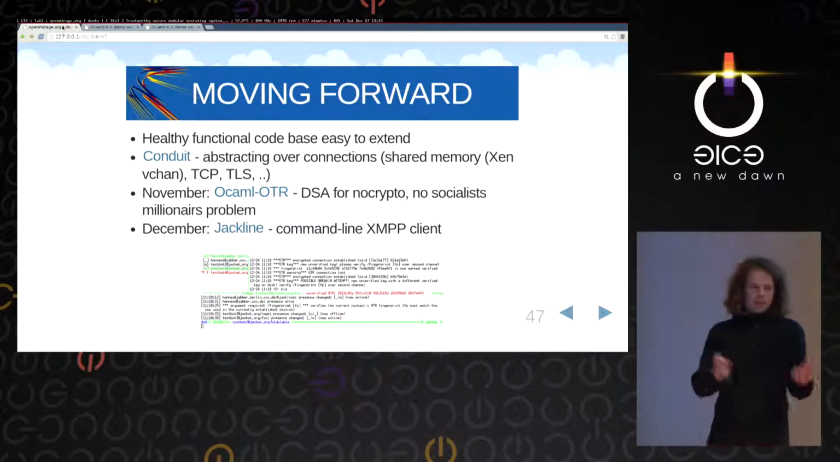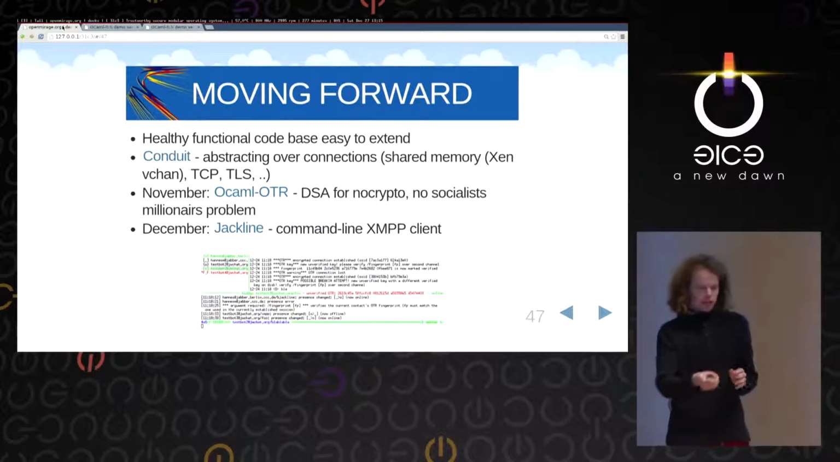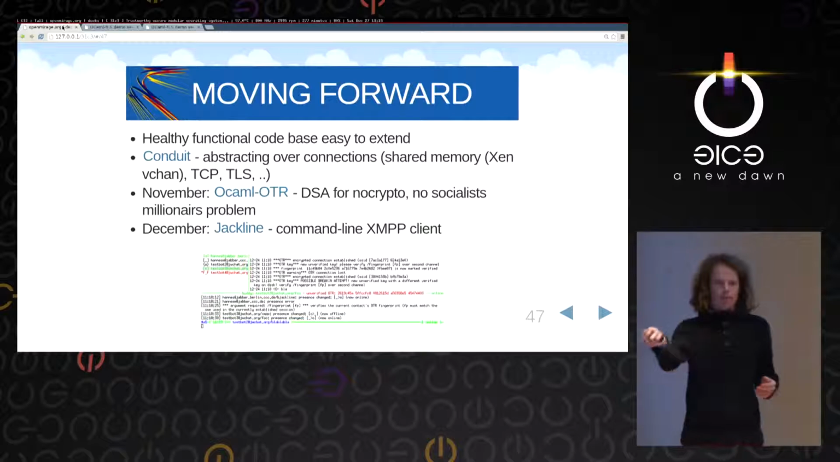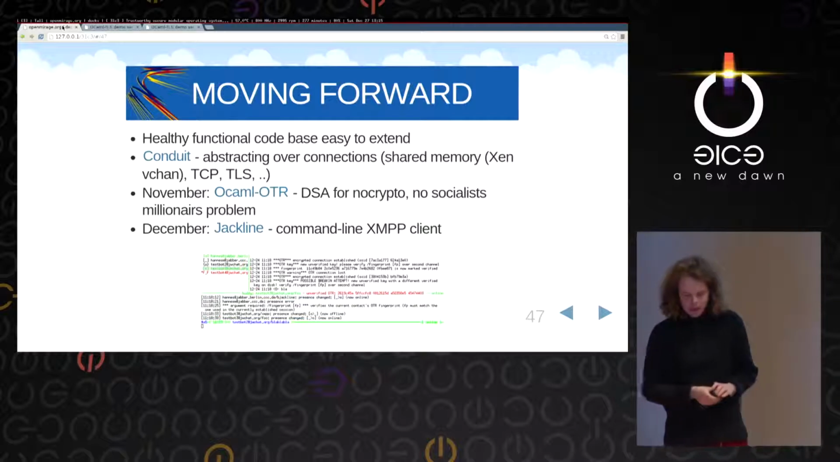So either shared memory or TCP or TLS or whatever. And the Conduit library is, on both server and client side, an abstraction over that. And you just say, oh, I want to talk to that host. And if it's on the same physical host, you can just have a virtual shared memory